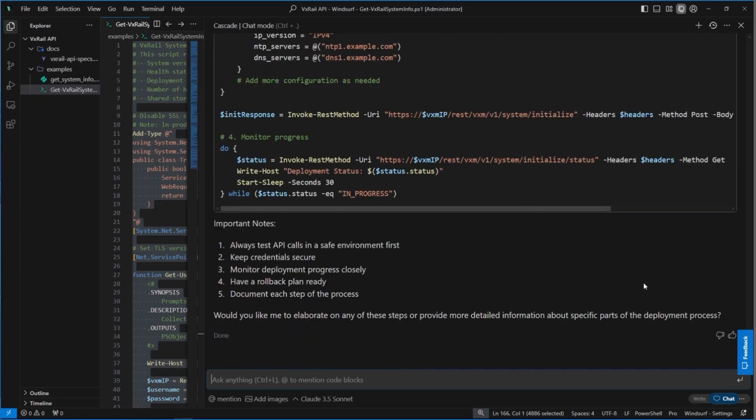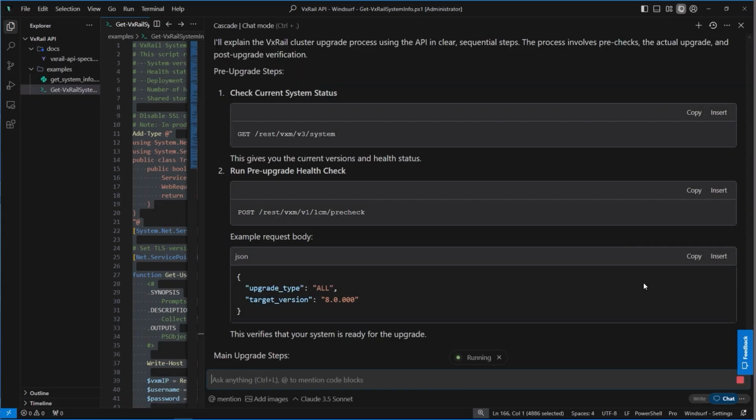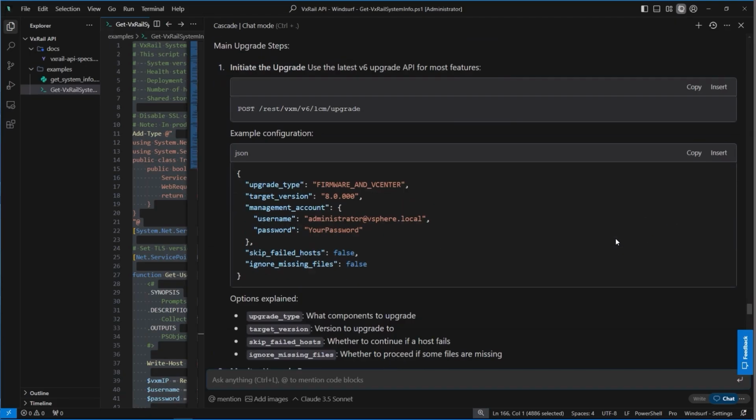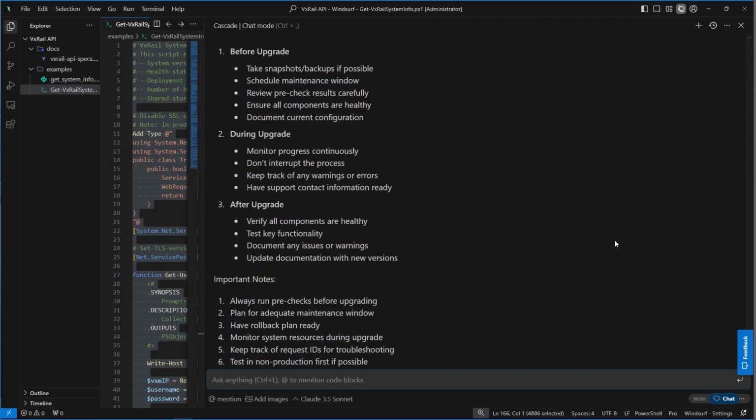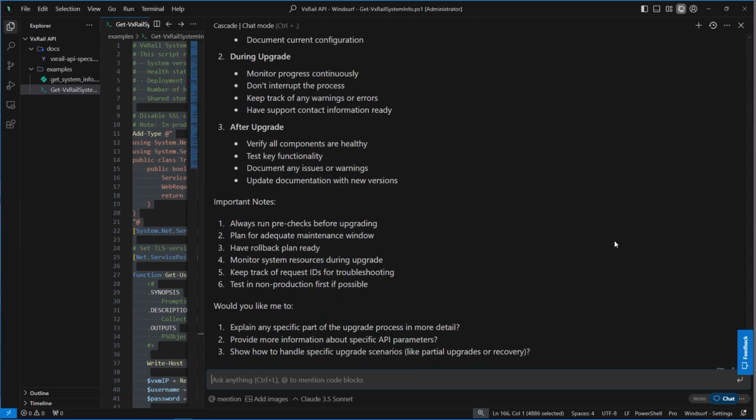You could do the same if you'd like to learn, for instance, how to approach lifecycle management using the API, probably an even more common use case for most VxRail customers. Finally, if you'd like to integrate VxRail with a specific automation framework or tools like Ansible, you can ask about it.